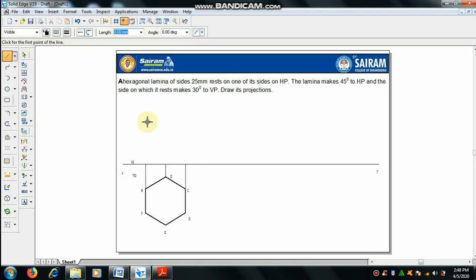By using the line command, join the lines with 0.5 mm thickness from here to here and then here. Now mention the names for these edges: F dash E dash, and A dash D dash in bracket, and B dash C dash in bracket.